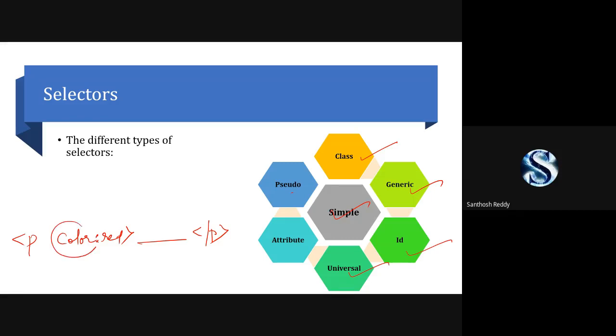Based on this attribute, you are going to apply some properties for this content. Understood what I have said? As the name itself specifies, it is an attribute. Based on the attributes you have specified in the tag, you are going to apply the properties for your content.